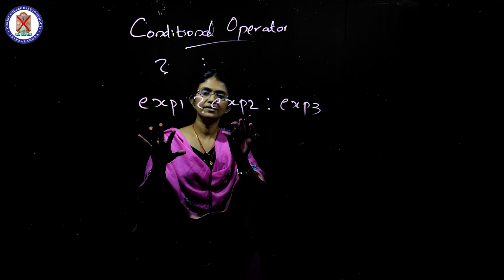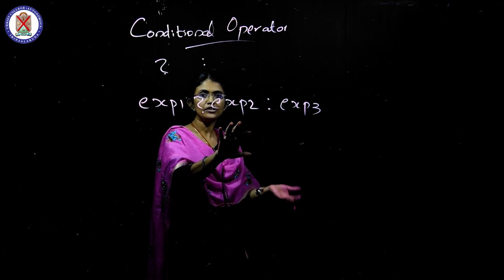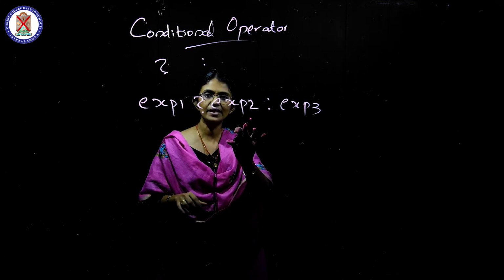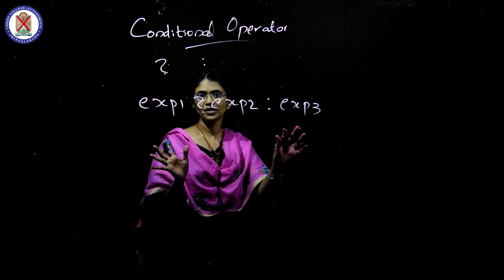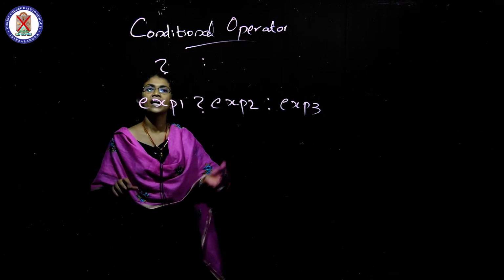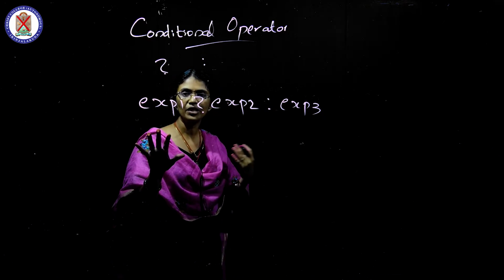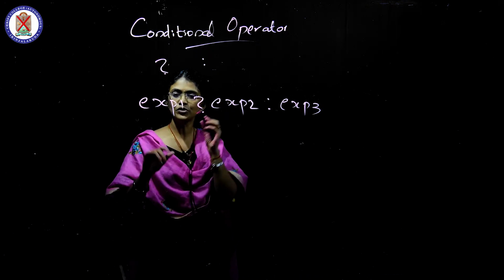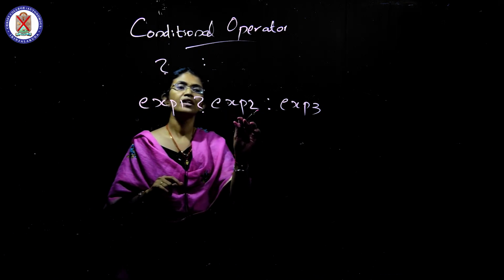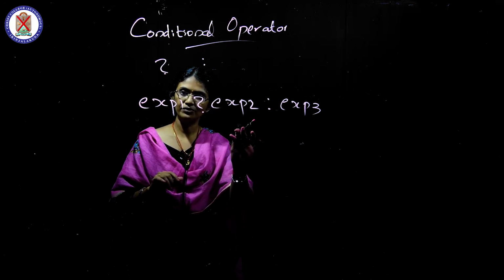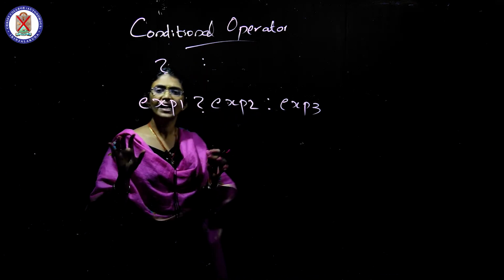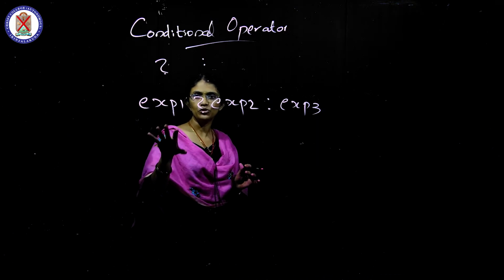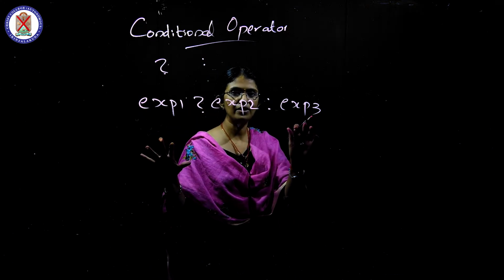Then the result of the evaluation of expression 2 is the result of this operator. I will repeat: expression 1 is evaluated. If the value of expression 1 is true, then expression 2 is evaluated, and it is the result of this operator. In case expression 1 is not true, then expression 3 is evaluated, and it is the